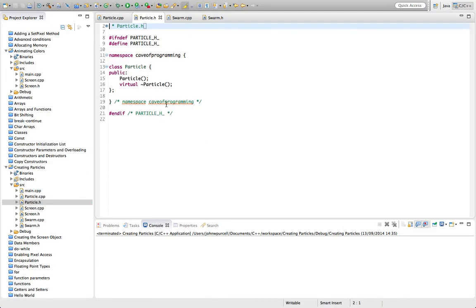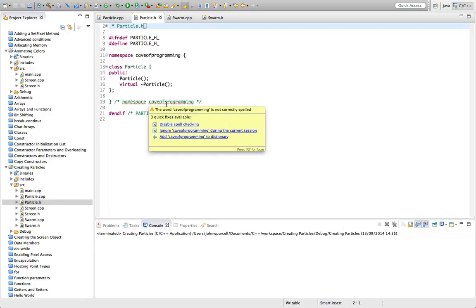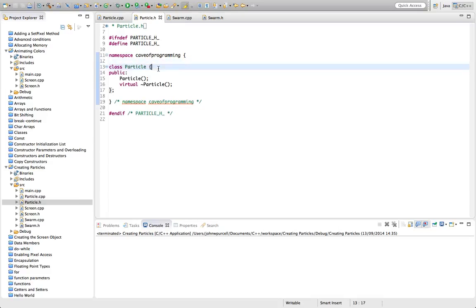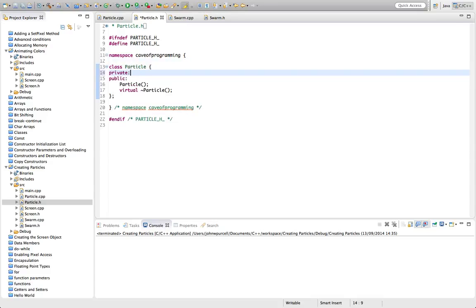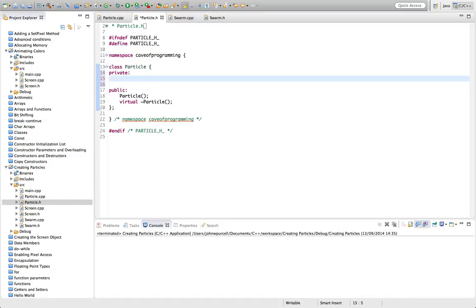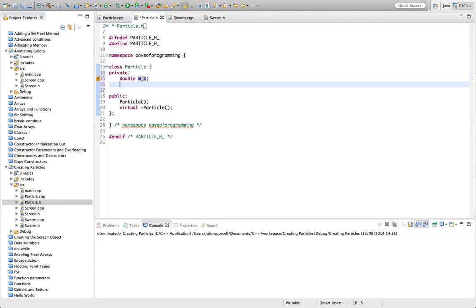Now let's go to Particle and start thinking about what kind of properties a particle will have. We're going to define some private instance variables here. I suppose the most fundamental thing about the state of a particle is that it needs an X and Y position on the screen. I'm going to make these double, so let's say double, and I'll call this m_x, m underscore to say that it's a member variable, just to make that clear, although that's certainly not absolutely necessary. And let's have a double